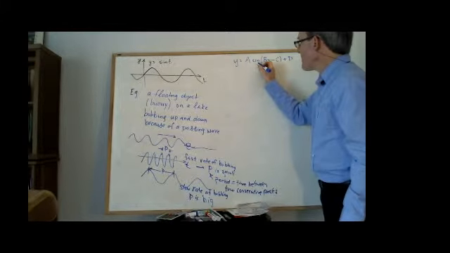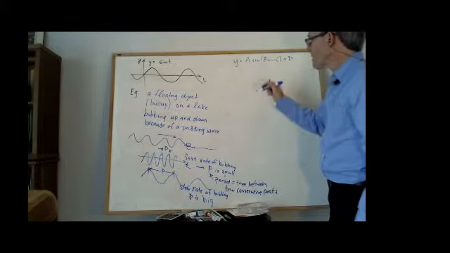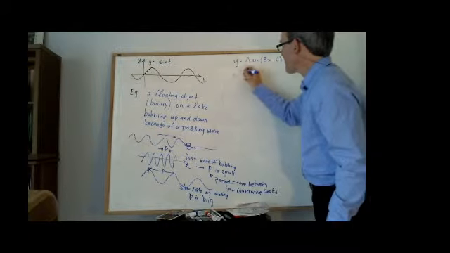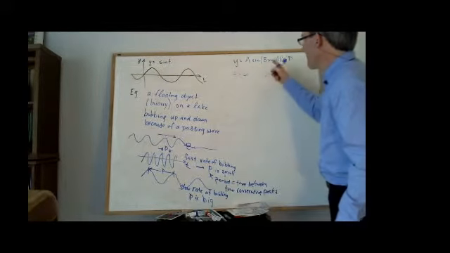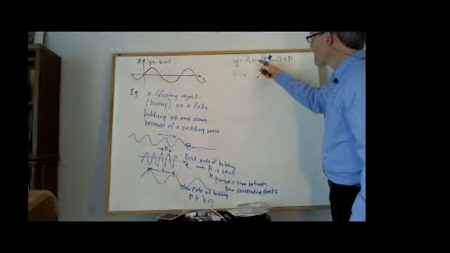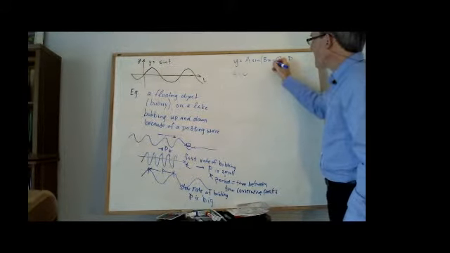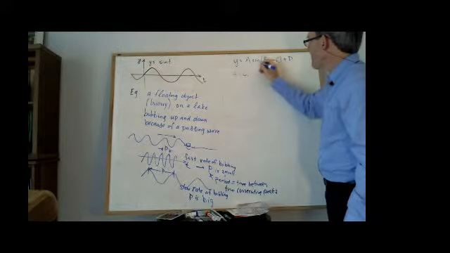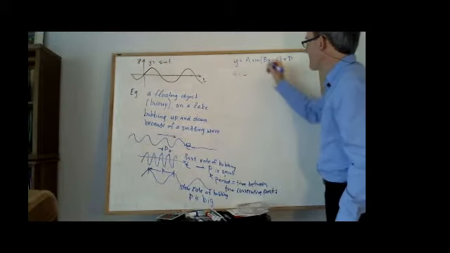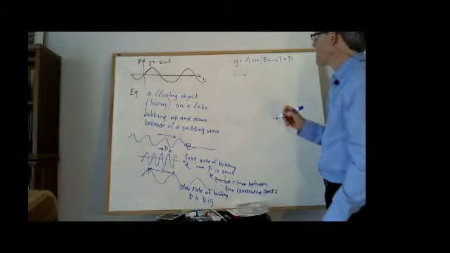When the value of the sine function is 1, let's say a is positive here, then this will be at a maximum. Now for that value of x which makes the sine part of the function equal to 1,